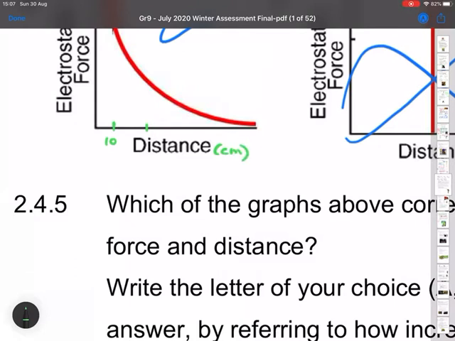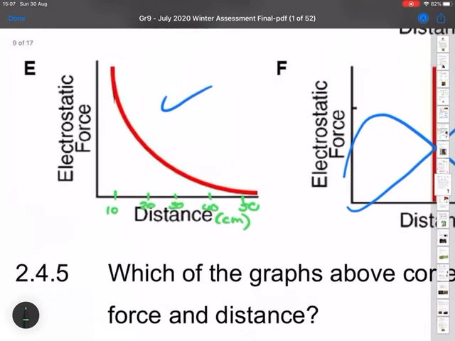If I made it centimeters, 10, 20, 30, 40, and 50. And electrostatic force, guys, is measured in newtons. Okay, so let's put on this force as well. You can go up in units of 10 as well, 10, 20, 30, 40. So at a distance of 50 centimeters,